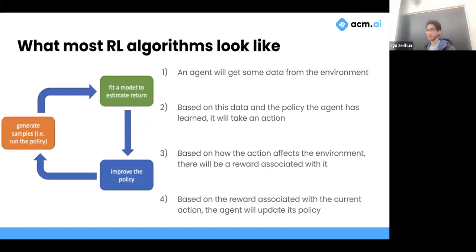Okay. So this is another way of looking at it, which is if you have an agent, this is your model, or maybe a person, who knows, we'll go into model. Based on the current observation and the policy that you've learned, so this would be the parameters that the model has learned, it will take an action, and then the action is going to affect the environment, and that's going to put you in another state. And then based on the reward associated with whatever action you just did and the state you're in now, you're going to update your policy so that you can maximize that reward function for the next time that you have to make a decision.